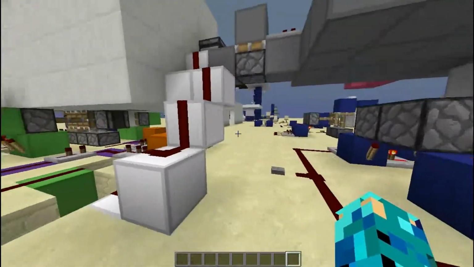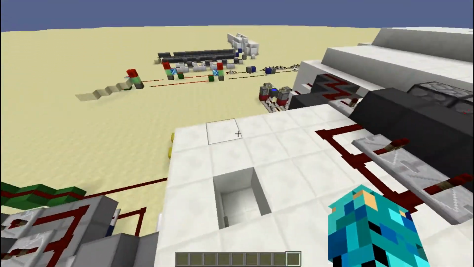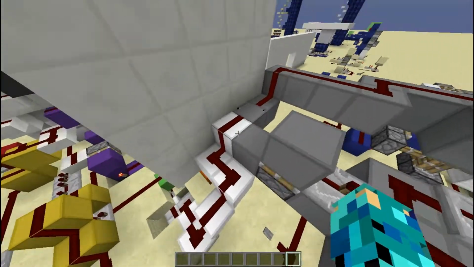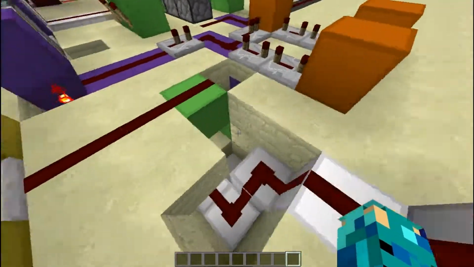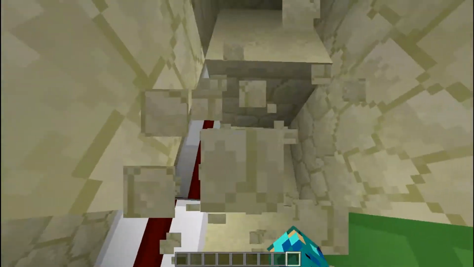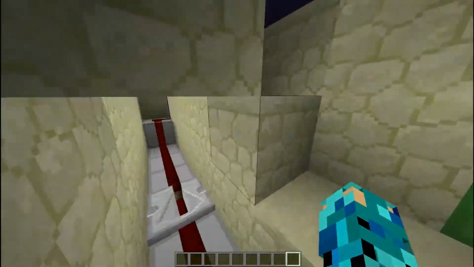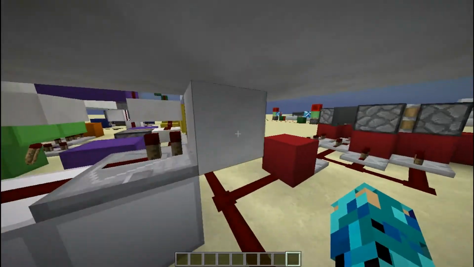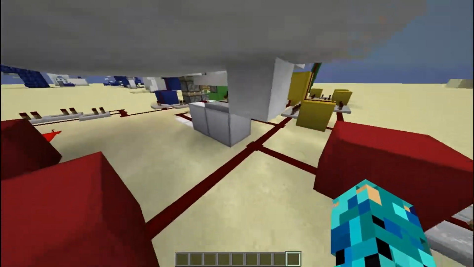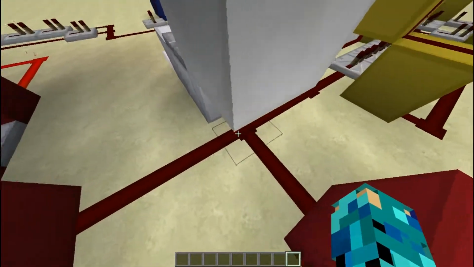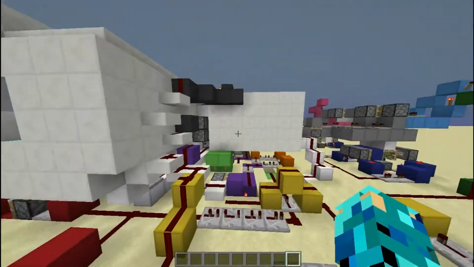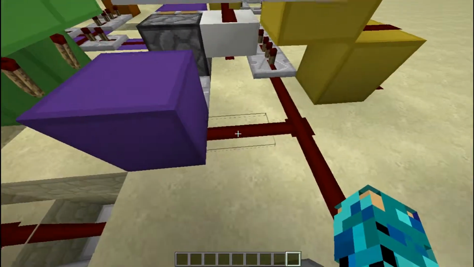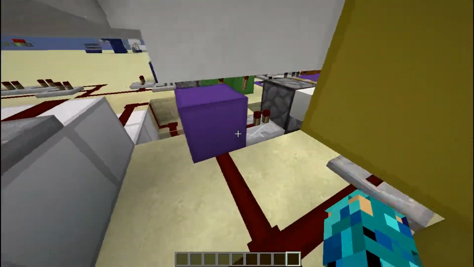Anyway, let's proceed. First off, this is our input. Disregard this. We take a basic output from there, which travels along here to our main input, which is this. This is the redstone which controls all of this. So first, an output goes from here to here. A repeater takes that output,